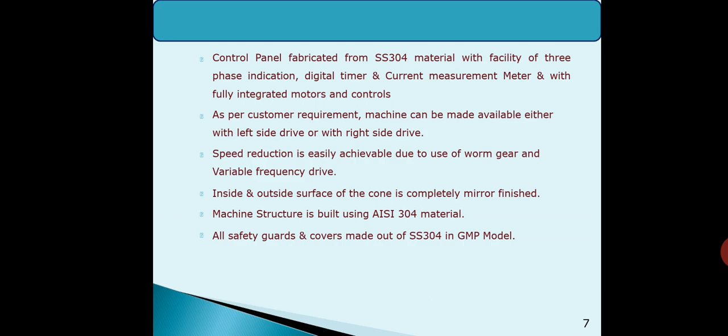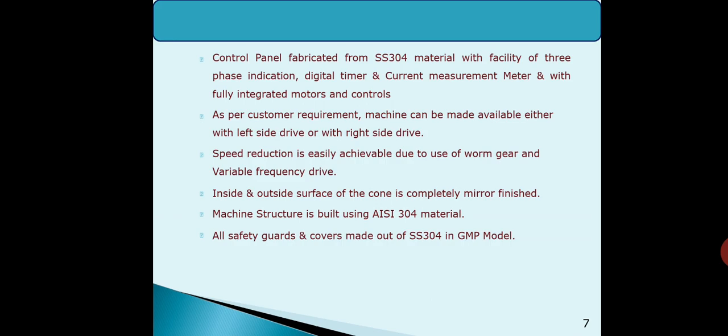If you want the left side drive or right side drive, the machine's drive can be easily changed. Speed reduction is easily achievable due to the use of worm gear and variable frequency drive. Because of the worm gear, we can change or reduce speed very easily.